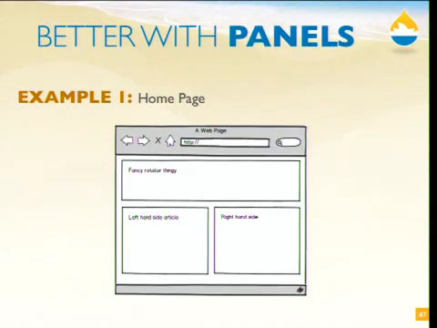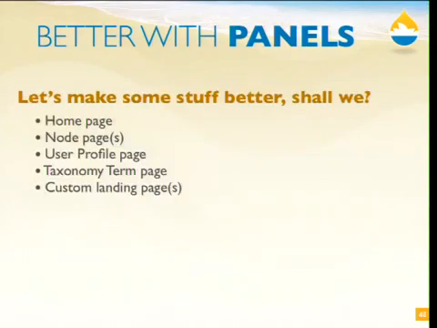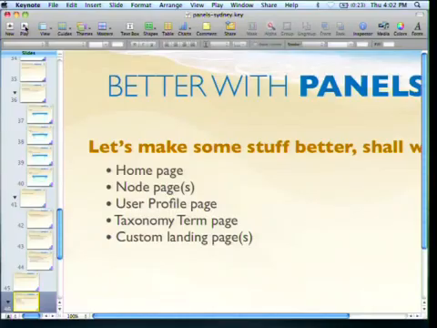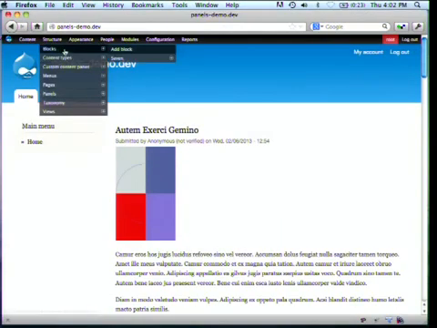So here's a home page. We have a fancy rotator thingy at the top. We have a left-hand side article, just going to be an article node, and we have a right-hand side article, which is also just a node. So very simple homepage. But you'll notice that this layout, even though it looks really simple, is something that's really hard to do